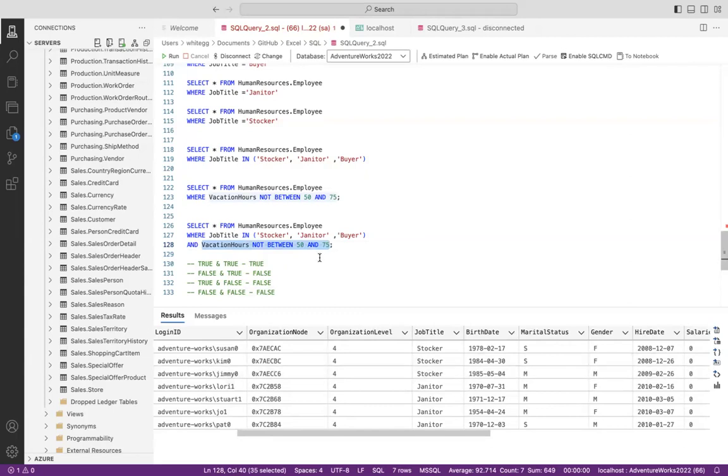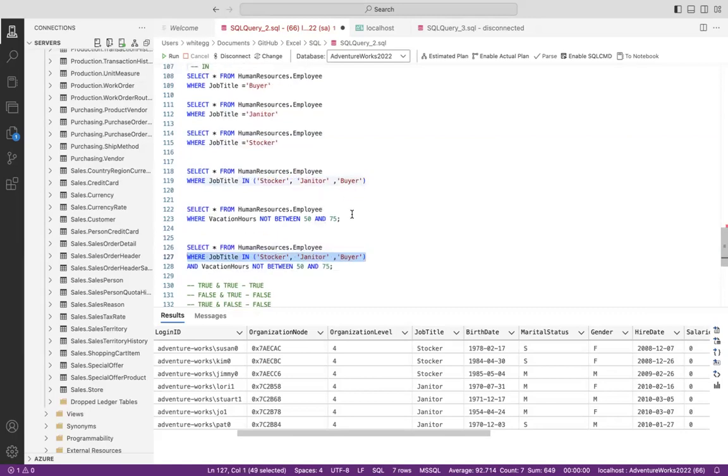And we did not have these values for some of these other conditions also, because when we ran this particular